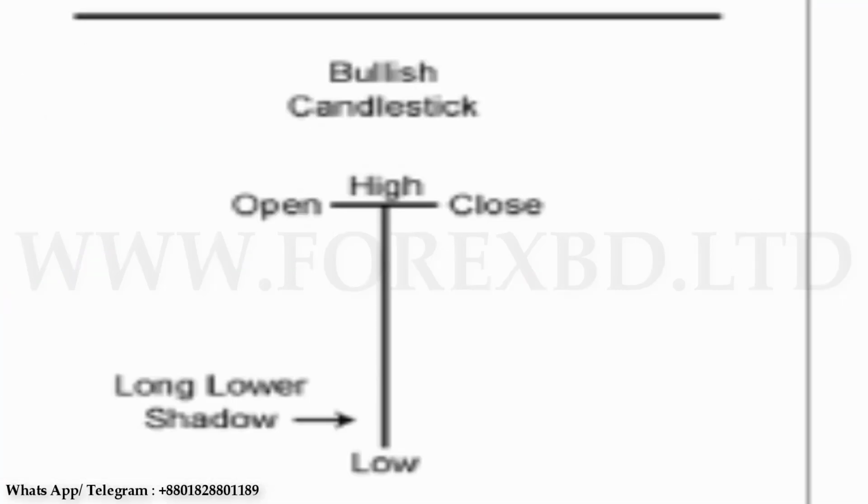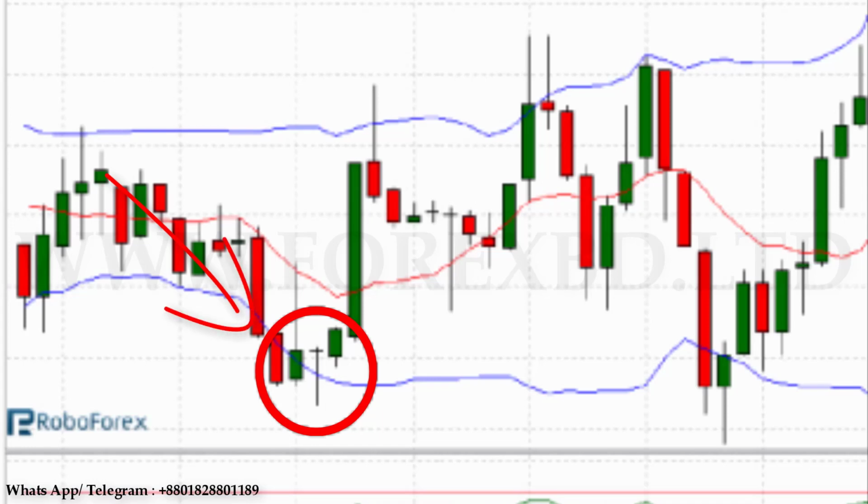Dragonfly Doji bullish. Dragonfly Doji is made when the open, high and close of a candle become equal. Its main feature is it has a long lower shadow, which shows sellers pushing the price down in the market with a lot of effort. During this time, the price rises again and reaches the opening. The Dragonfly Doji is usually found at the bottom of the downtrend market and then it provides the uptrend reversal